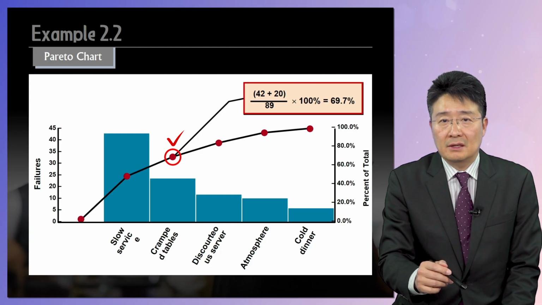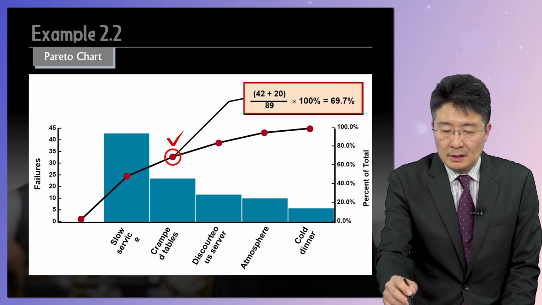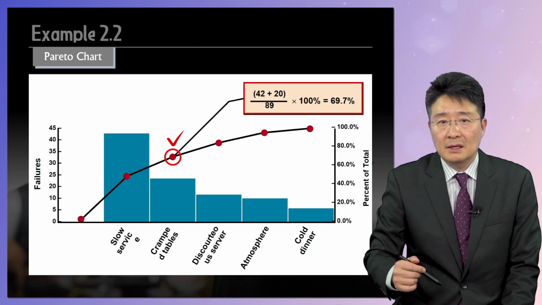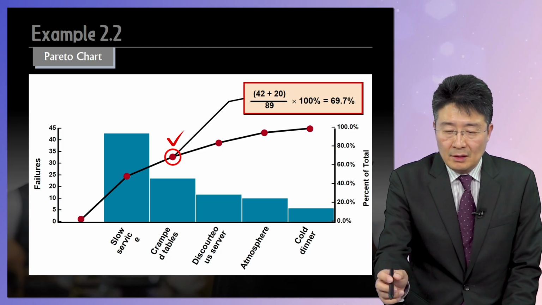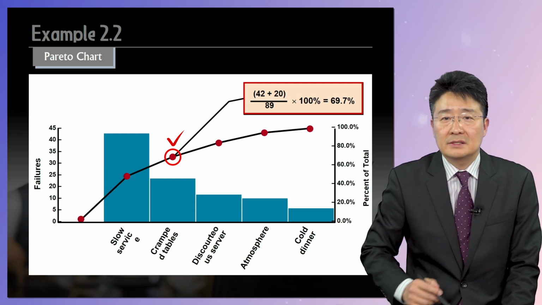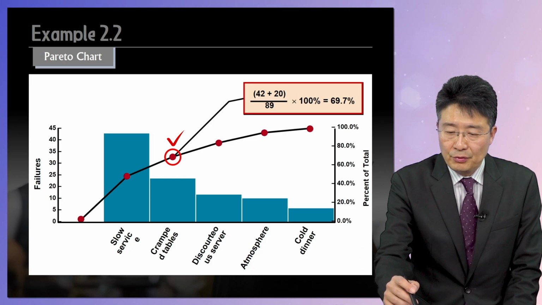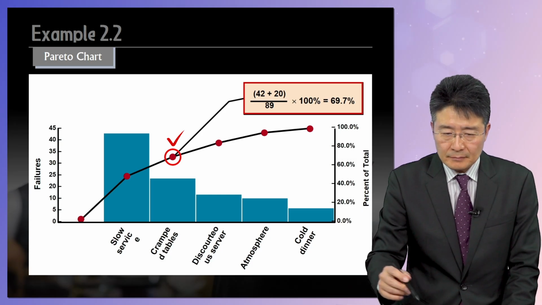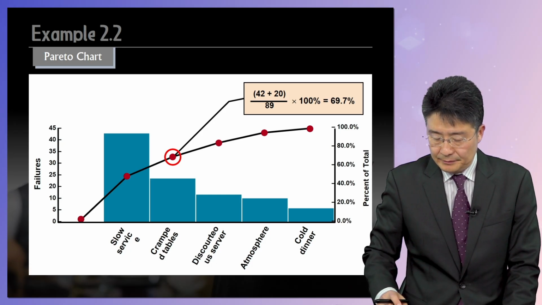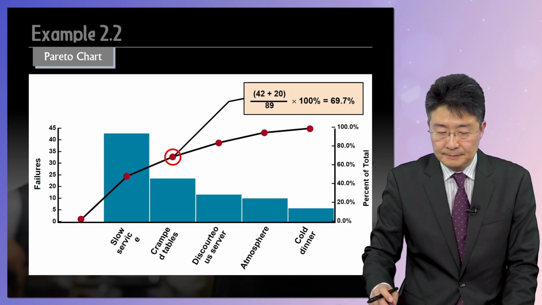cumulative proportions in here. Okay, cumulative proportion, right? So in the denominator, you can see the total number of observations. And in the numerator, you can see the cumulative frequencies. This is the proportion of cumulative frequencies. Okay, so this is the meaning of Pareto chart. Also, to the rightmost, you can consider percent of total.